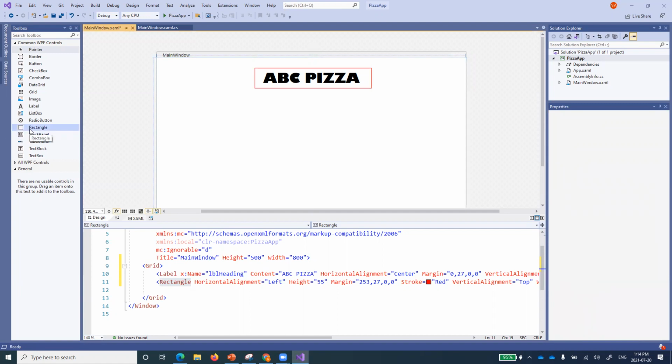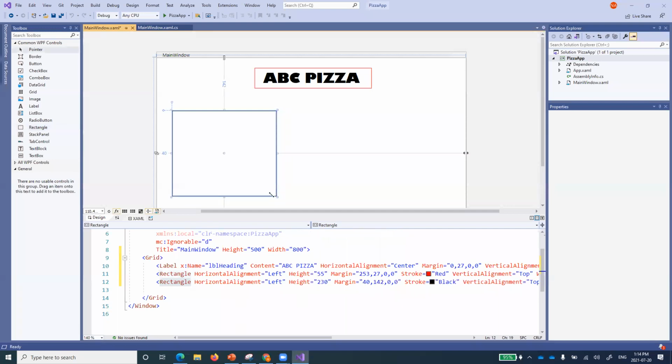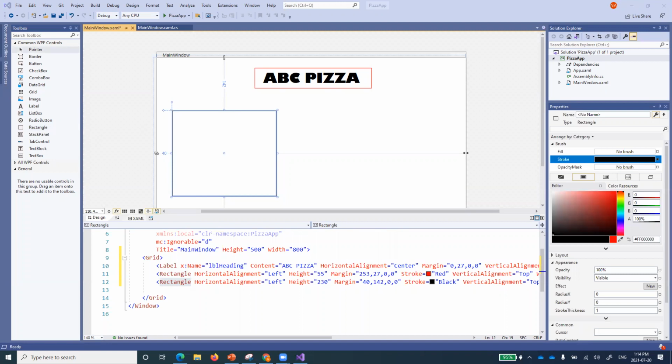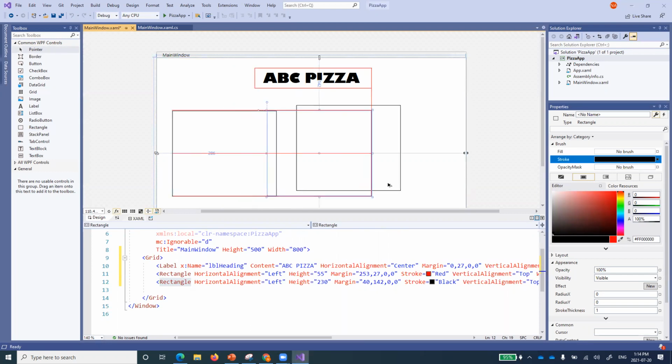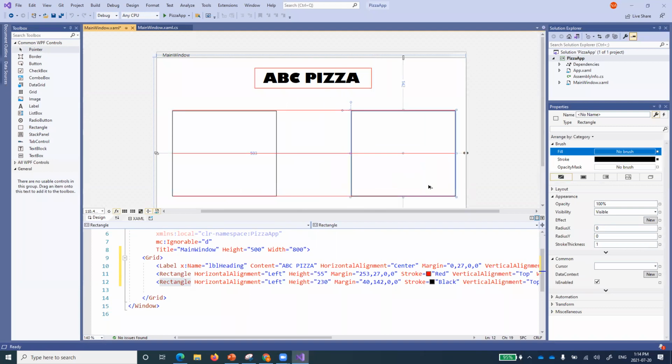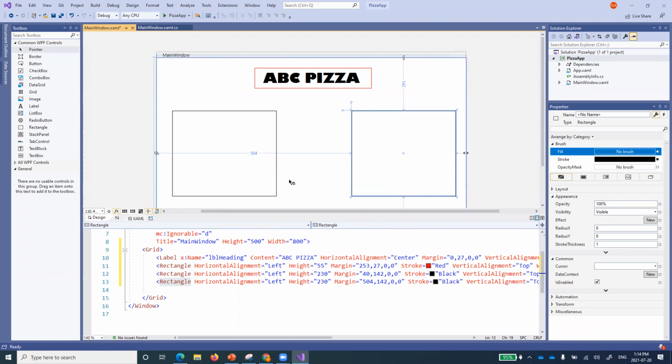Now select rectangle again, for example, and come to this part of our screen and draw another rectangle shape over here of any size. You can make your own UI if you want, whatever, it's up to you. Now a shortcut: if you keep on pressing the Alt key and drag and drop that object, you will get a copy of it.